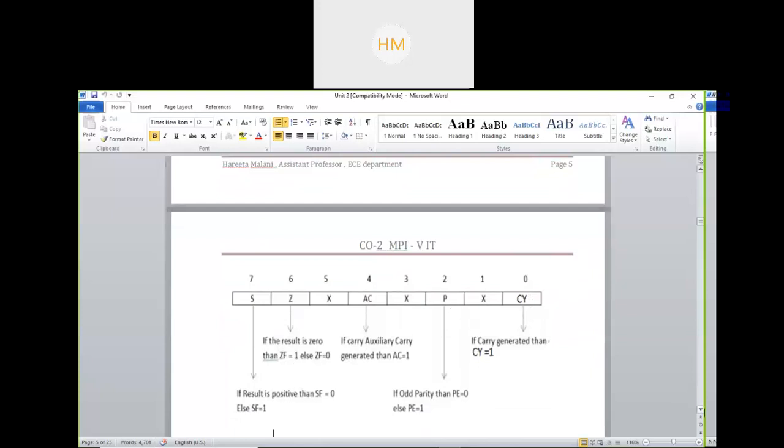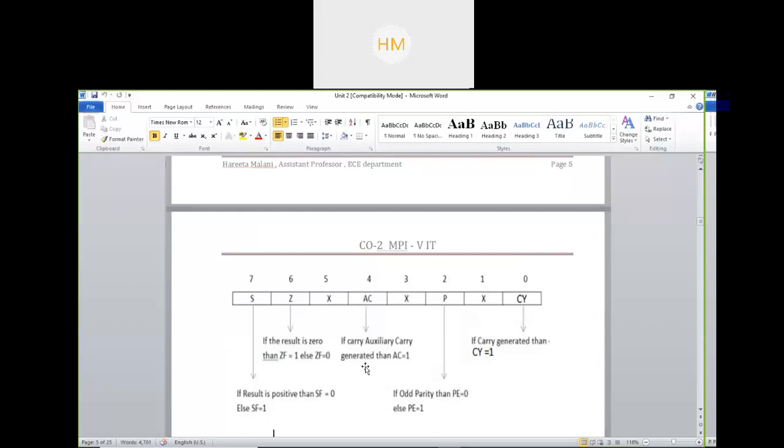Counting the number of ones, whether the number of ones in the result is even or odd. Even means 2, 4, 6, 8. If the number of ones is 6, then the parity flag will be even, so even parity is 1. If it has odd parity, that means 5 ones are there in the result, it will be set to 0.